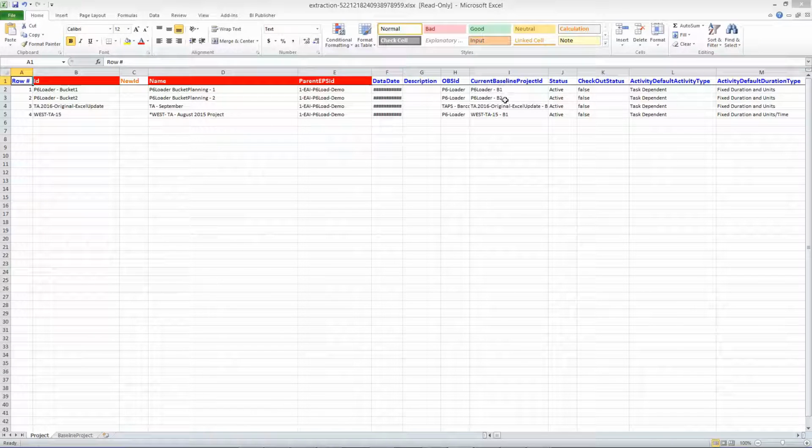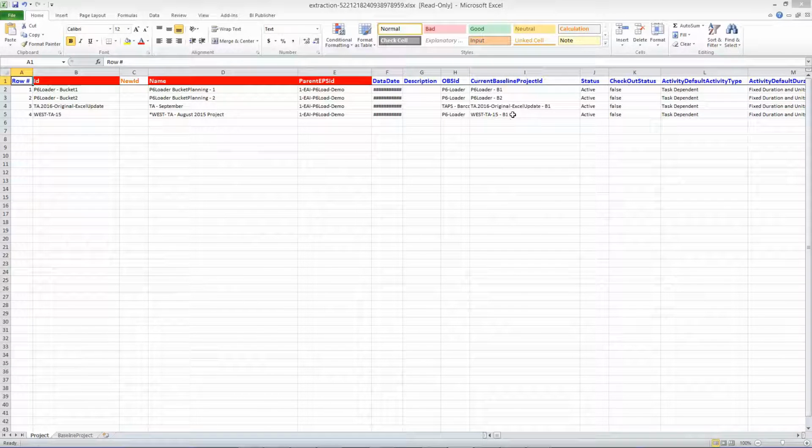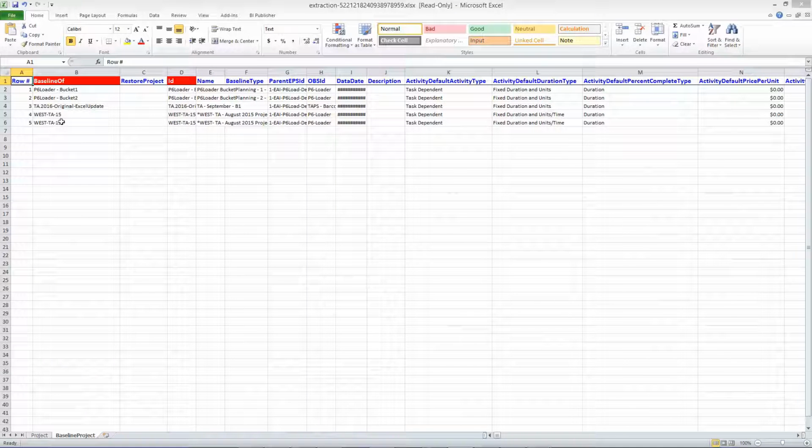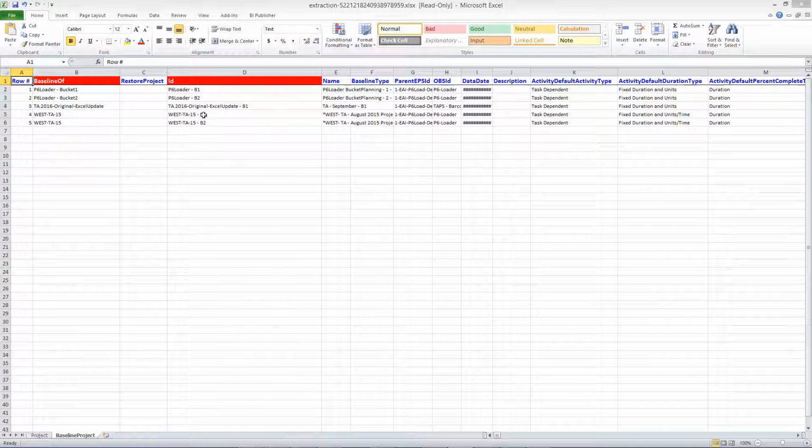And over here, the current baseline project ID is the primary baseline that is assigned to my project. In my baseline project tab, we have our projects, and it gives us the baselines that are associated with that project. So as you can see, our West TA actually has 2 baselines,